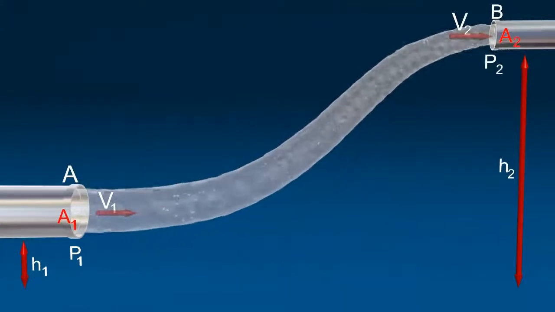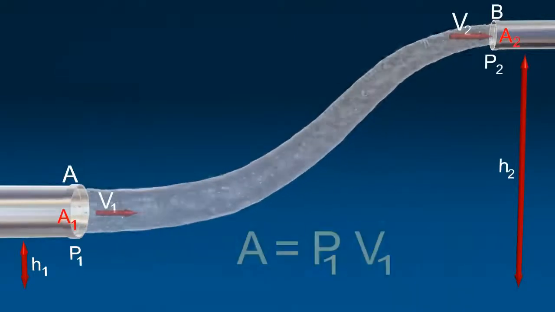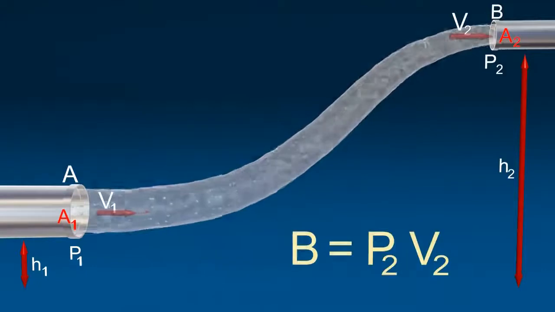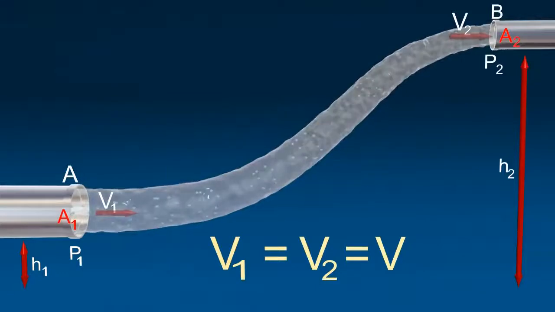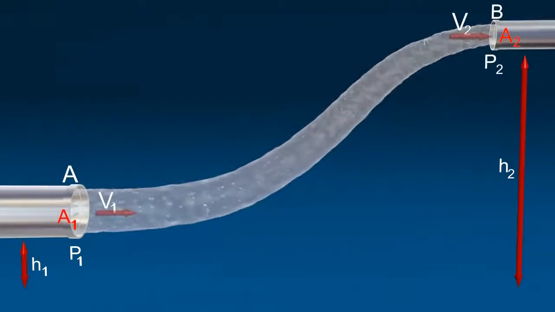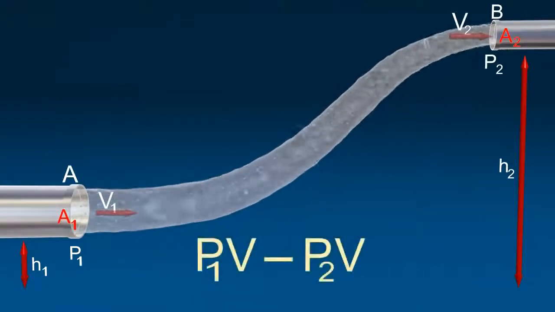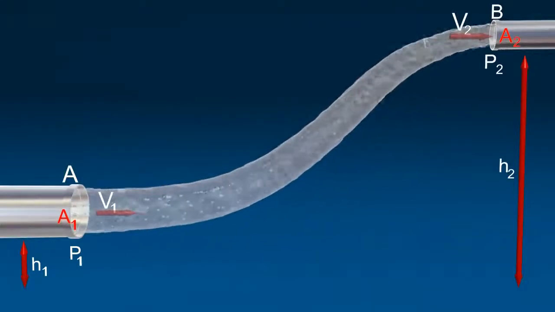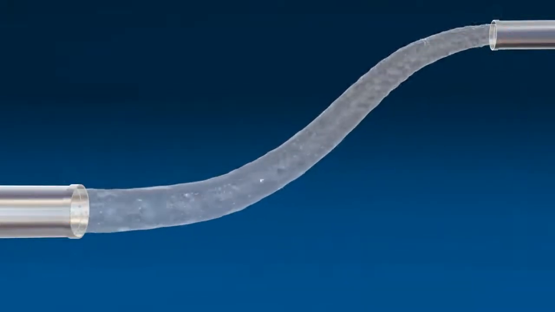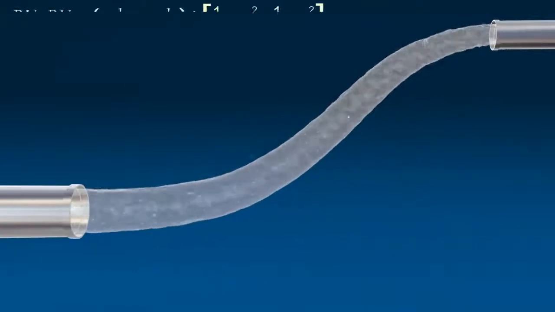Now, the work done per second on the liquid at section A and at section B. V1 equals V2 equals V, by the equation of continuity. Net work done equals P1V minus P2V. The net work done per second equals the increase in potential energy and kinetic energy per second from A to B. According to the law of conservation of energy,